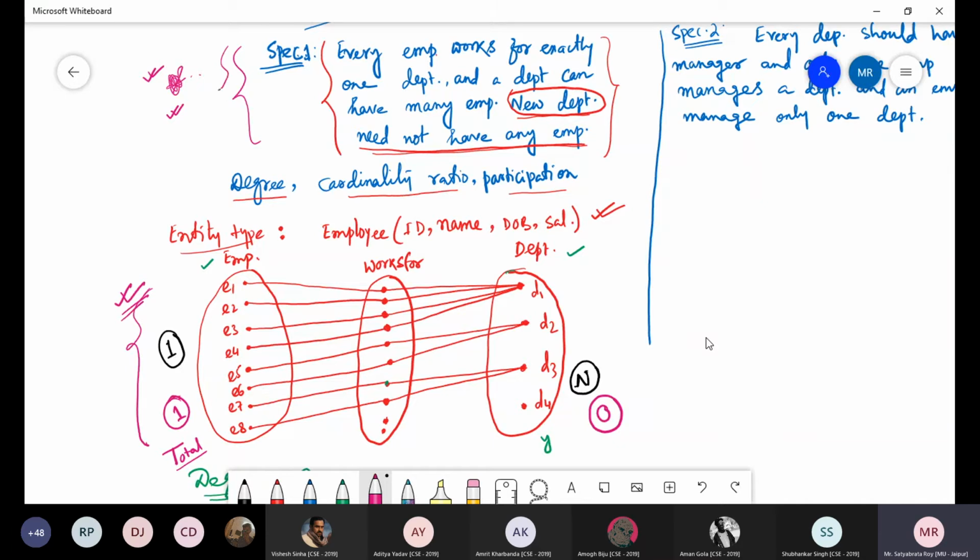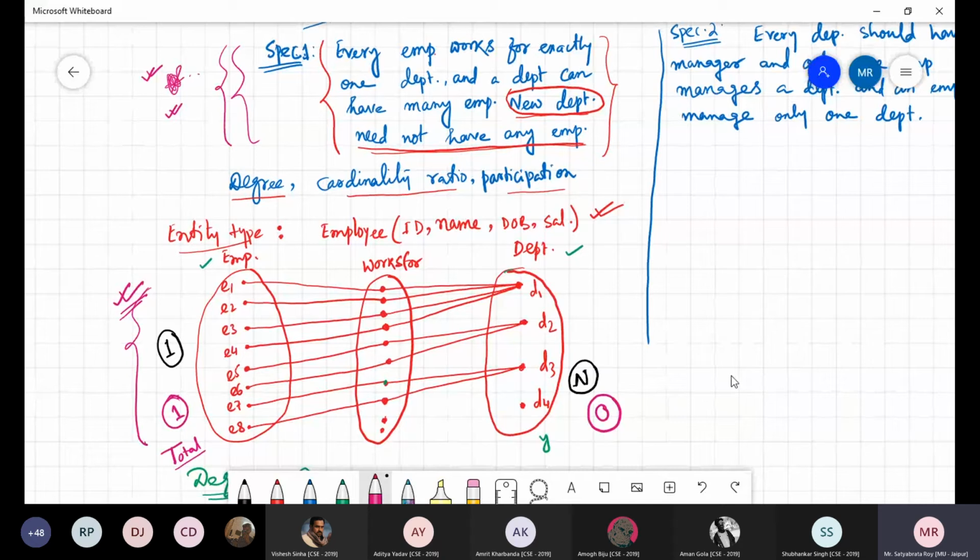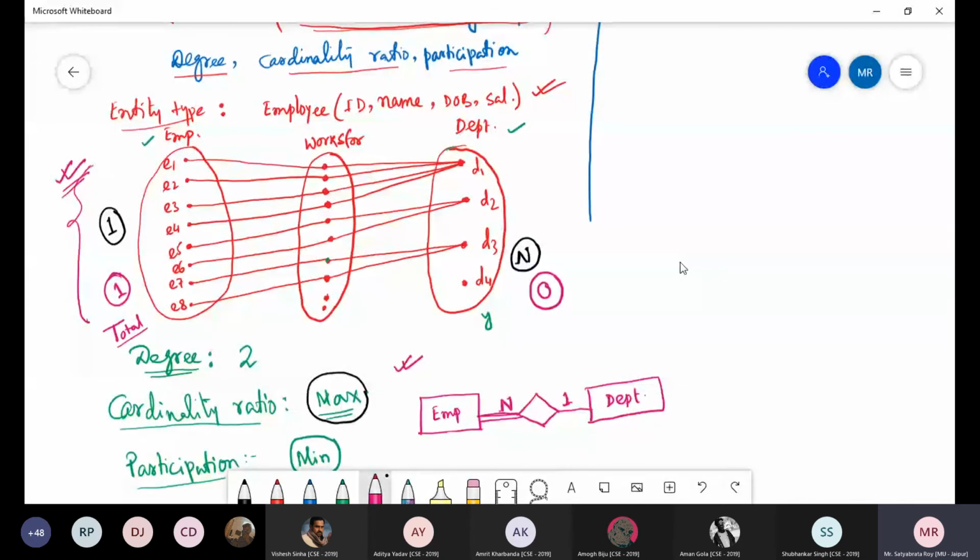Okay, so once this specification is freezed, then you go for the ER diagram. Is it right? So according to this specification, it is mentioned that new department need not have any employee. So that is why, what is the minimum number of association that one entity of the entity set department can have with the works for relationship? It will be 0. This essentially means that there may be certain departments that cannot have any employees, and that department is practically the new department, isn't it?